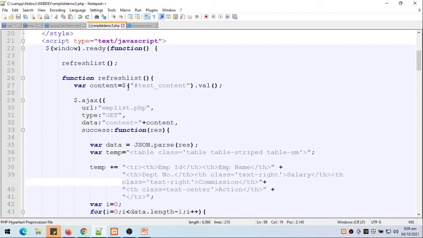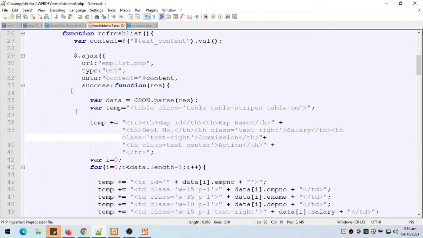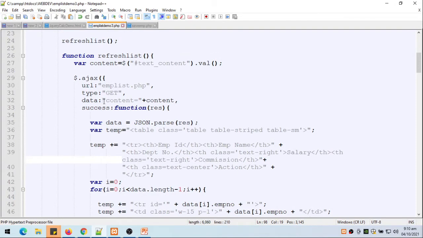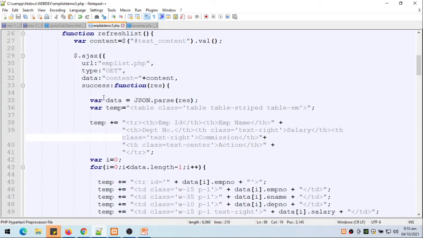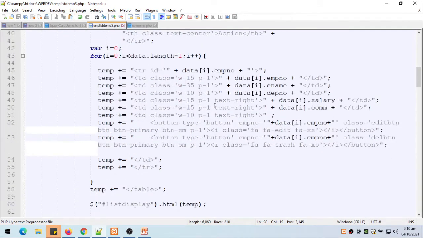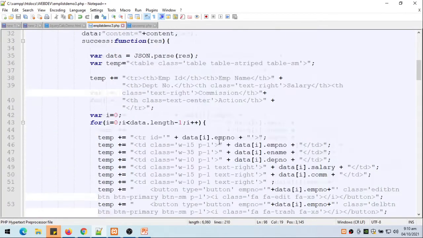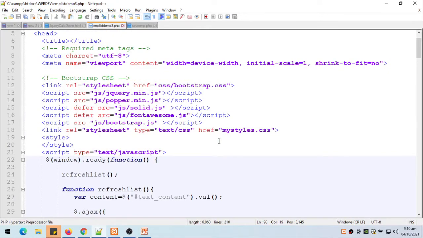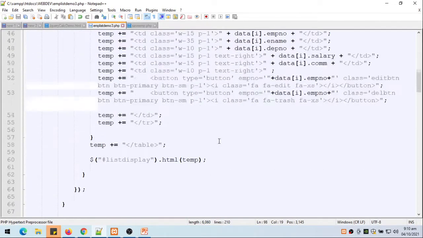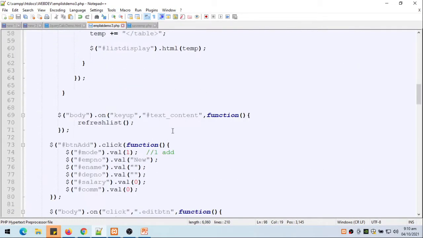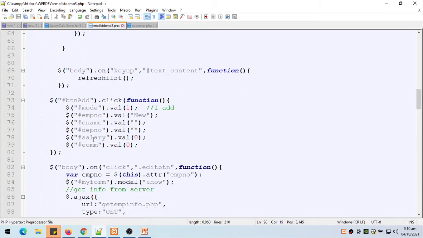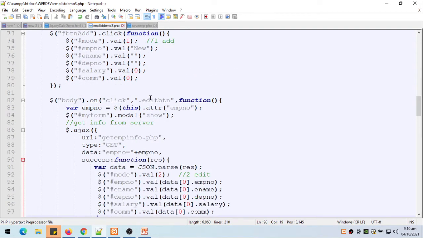So let's just have a quick look. Refresh list will list the records from my database table, that is the emp table. So here it is, and I placed here two buttons for edit and delete. And when I click on the add button, it will display blank. But when I click on the edit button,